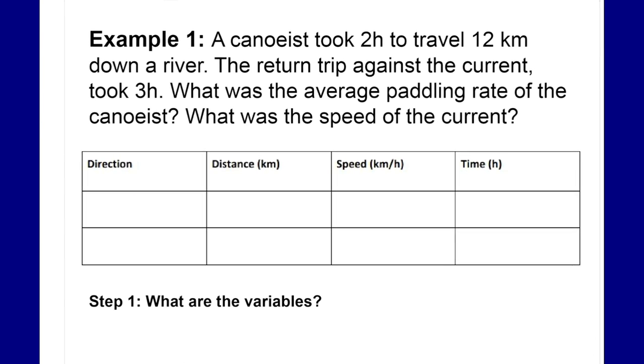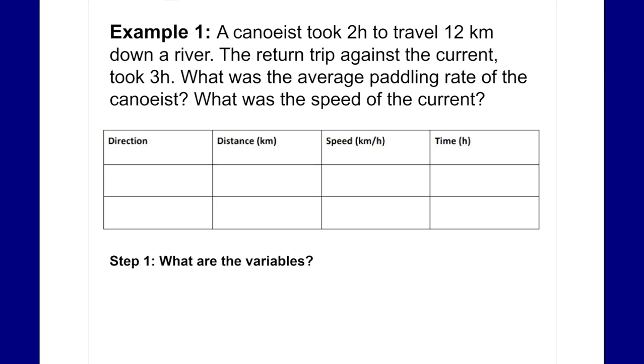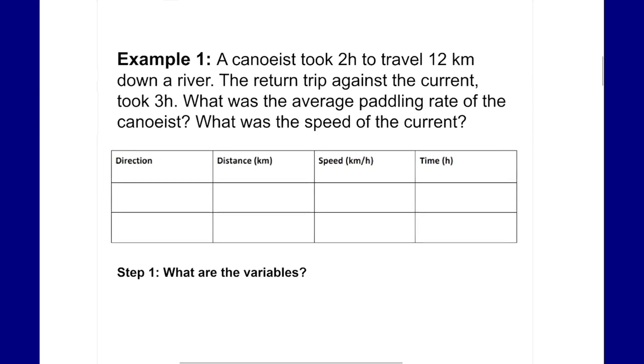In our first example, a canoeist took 2 hours to travel 12 kilometers down a river. The return trip against the current took 3 hours. What was the average paddling rate of the canoeist, and what was the speed of the current? So here we're trying to find two things: the speed of the paddling and the speed of the current. So how fast was the boat going based off of just paddling, and how fast was the water carrying the canoeist? These types of questions are always going to involve some form of a distance, speed, time formula,